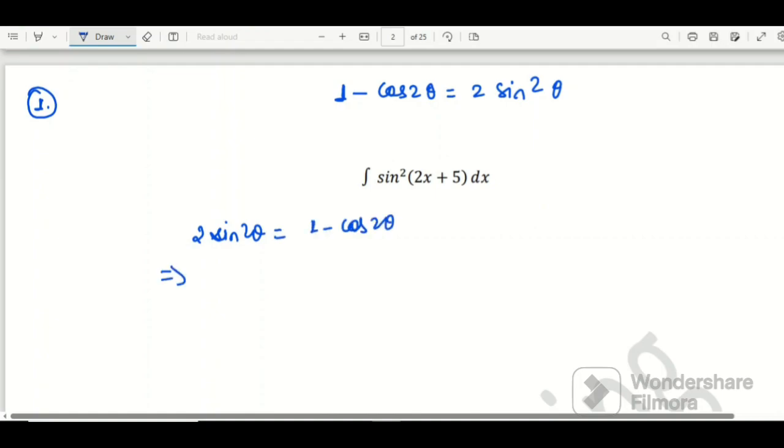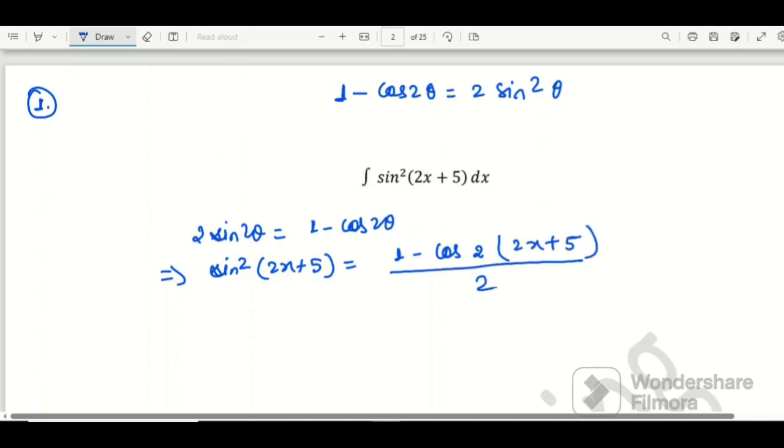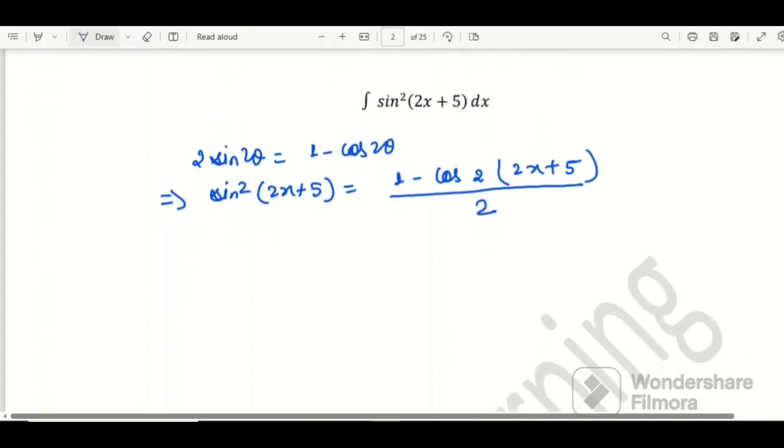This will imply sin square 2x plus 5 equals 1 minus cos 2, and our theta is 2x plus 5, upon 2. So now I can replace sin square 2x plus 5 by 1 minus cos 2 into 2x plus 5 upon 2. So I will have integration 1 minus cos 2 into 2x plus 5 upon 2